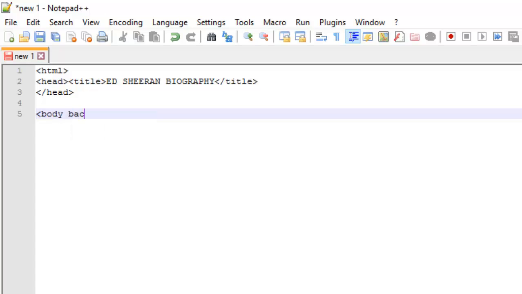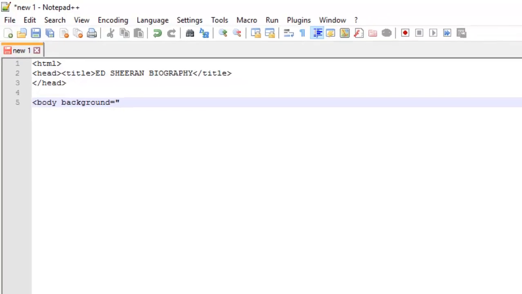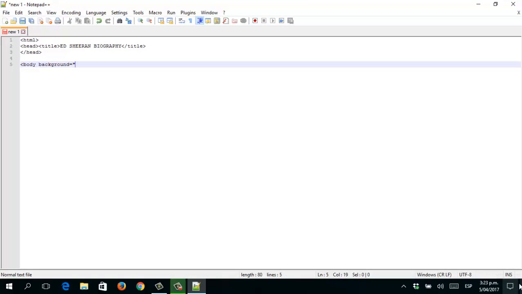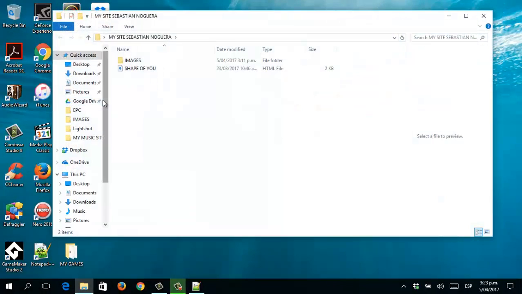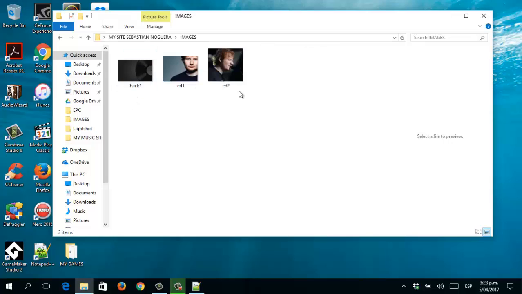Let's see a new attribute in this opportunity. Instead of BG color, we are going to use the background attribute. This attribute lets me load an image instead of a color. So, checking my folder, I can see that the subfolder images contains the back1 file, the image I'm going to